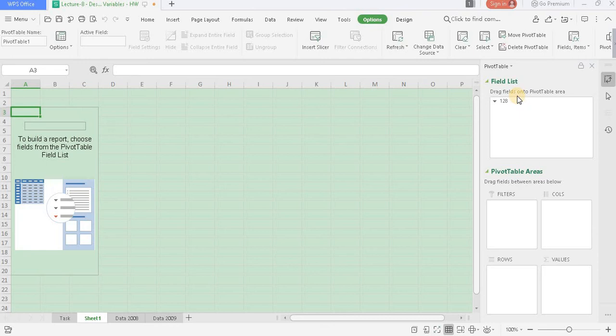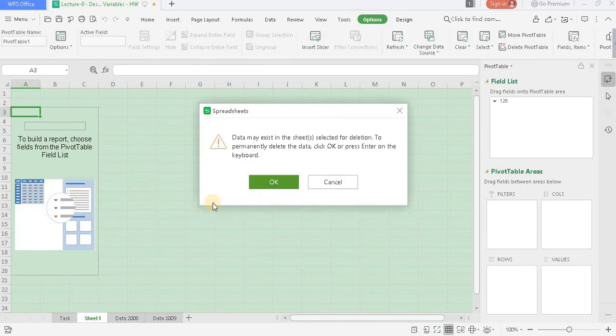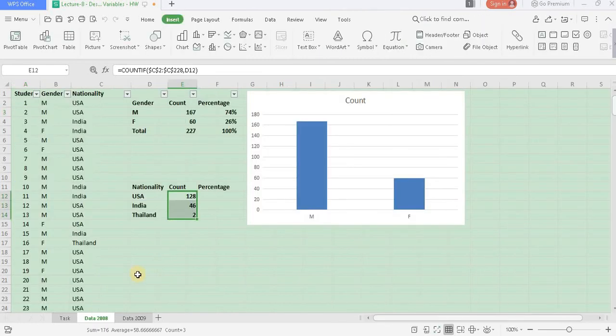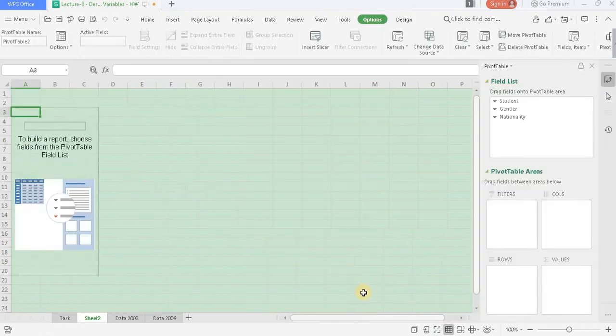Now, in this worksheet I made a small error. I did not select my data. So I'll delete this sheet, and we'll go back to the data once again. What you are expected to do is just click somewhere in your data and insert pivot table. Now you see your data gets selected over here, and a new worksheet comes up with